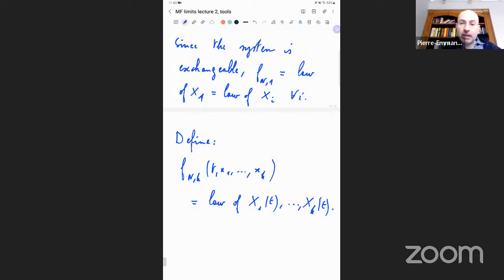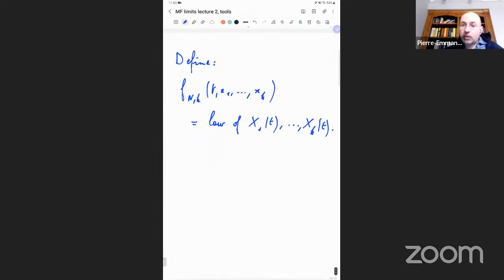Again, pick any k of n, it's the same. So this is an object, and this is an elementary statistical distribution. So Fn2 actually measures the correlation